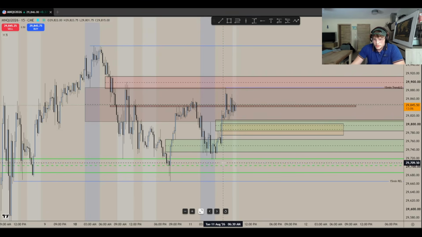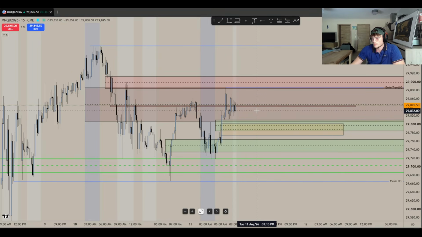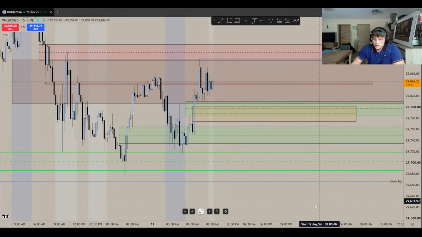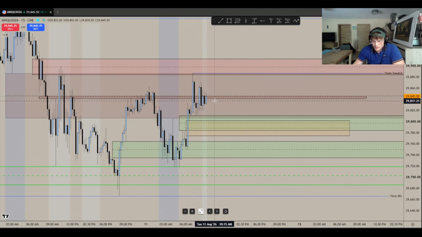In general, we're bullish on the higher time frame, but again, we have strong resistance as well. So longing right there would not be the highest probability setup, right? Because we are in that resistance here. I would need to see really good strength up here in order to target that trend liquidity up here. On the other hand, shorting also doesn't make any sense to me because we have that hourly BISI. Of course, we could look for mitigation into that, that's for sure. But yeah, I don't like that too much.